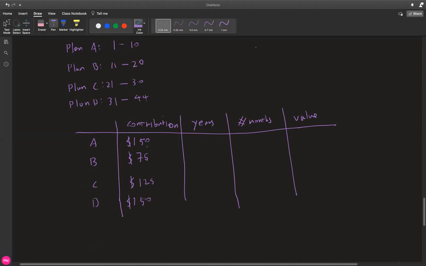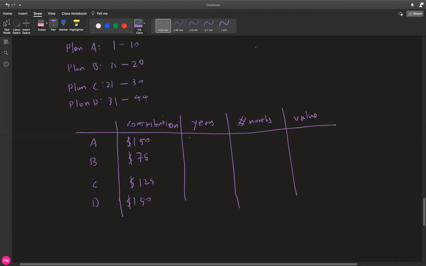As opposed to, for plan B, you are actually contributing the $150 and the $75. And for plan C, you would have to add all these three numbers to get that. So if I break down the plans like this,